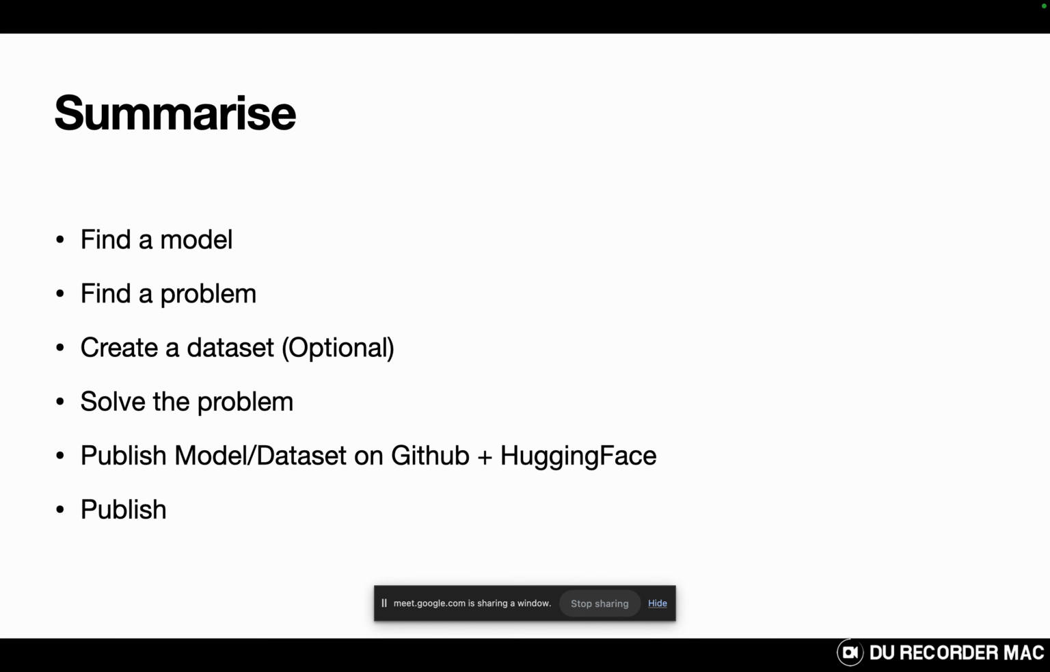Then you need to solve that problem, fine tune the model, create a new model, or any way you would like to solve the problem. You should publish that model and dataset on GitHub and Hugging Face as well, so that your Hugging Face profile is not empty. And it is really important to have a good Hugging Face profile. And then you need to publish the results as a blog on Medium, or any blogging site that you like. And once you are a little bit proficient in it, you should move your open source contribution